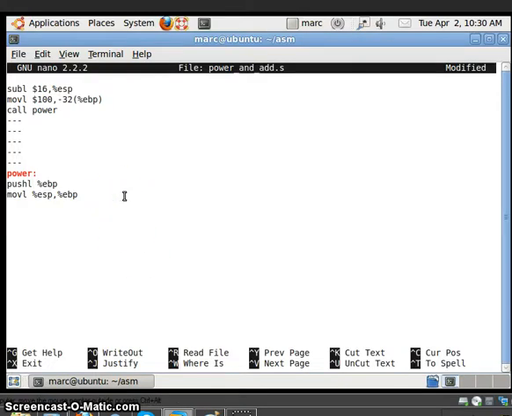So just move the value which is at an offset of 36, 9 for the 36, so at an offset of 36 bytes from our EBP. So let's save it onto EX register.